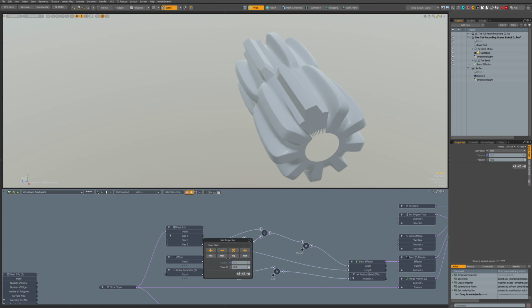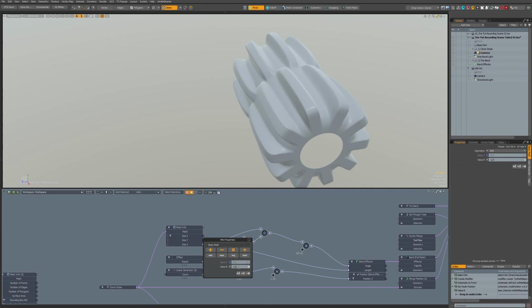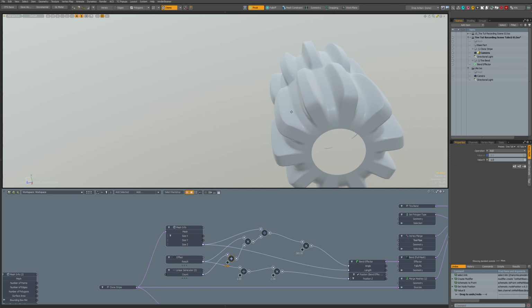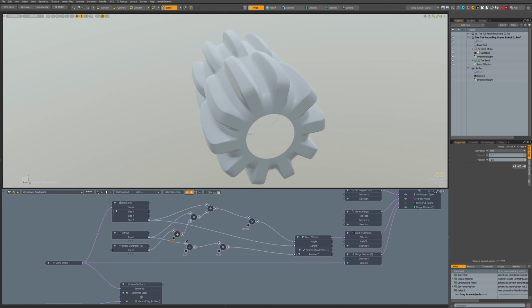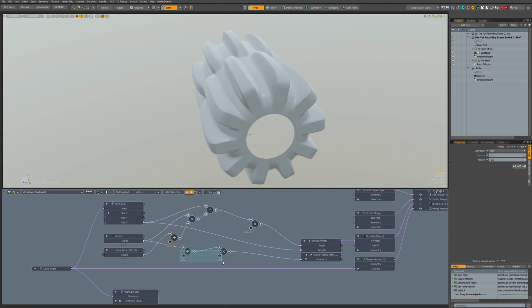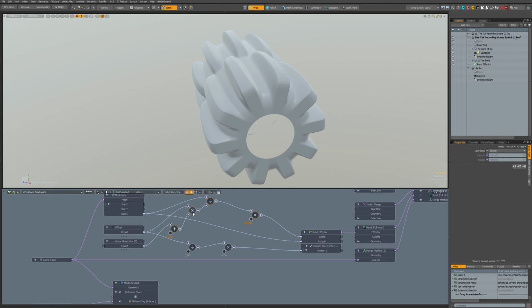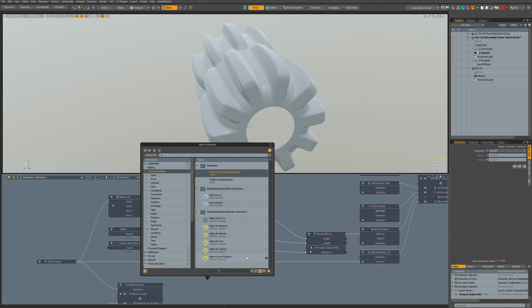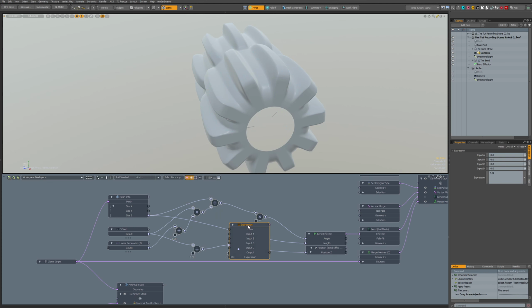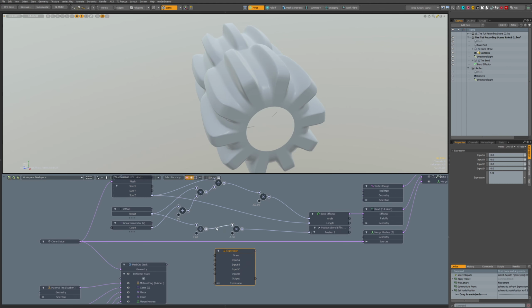So math operator and then 1. So now it is fixed. As we are here, I like to add an expression node just for fun. You can skip this because this is fully working, but it just makes it nicer in the schematic view. It's much less noodles and stuff.